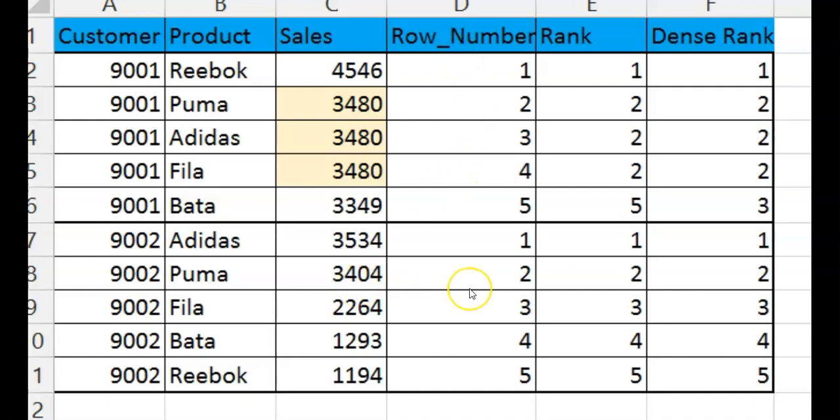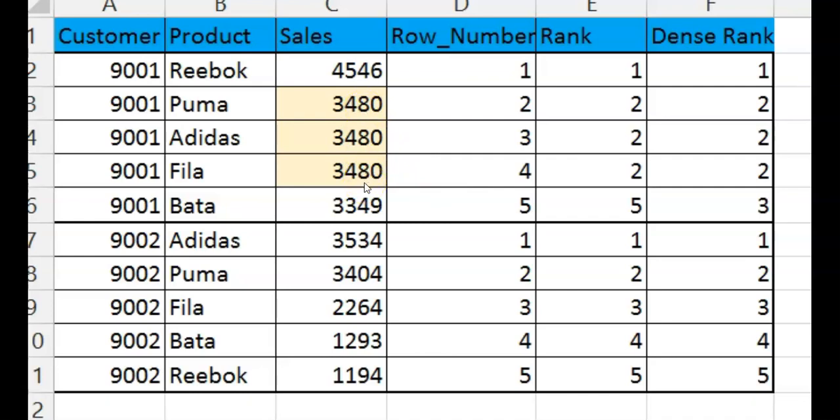In the second case, it is simple and straightforward since it has been assigned on the basis of the value. The values have been assigned as 1, 2, 3, 4, 5 on the basis of the amount that has been spent. So row number assigns the rank in sequence, and the problem lies when exactly the same values occur in the data.